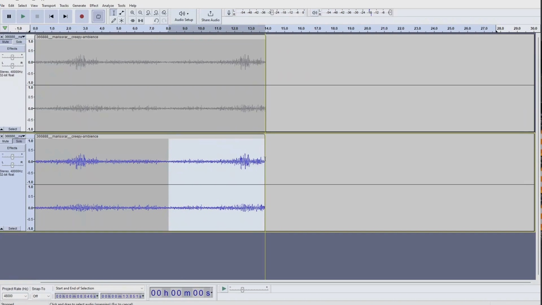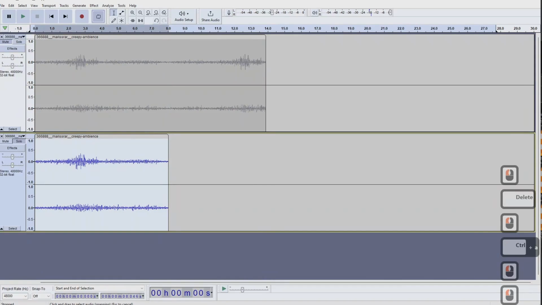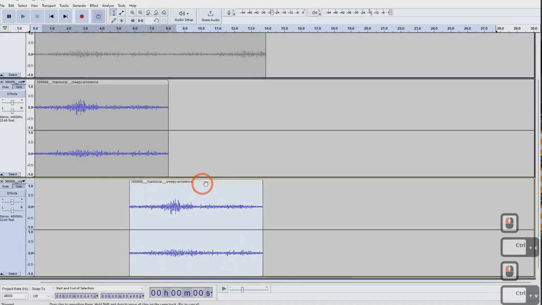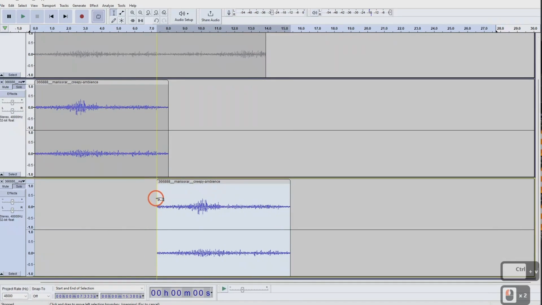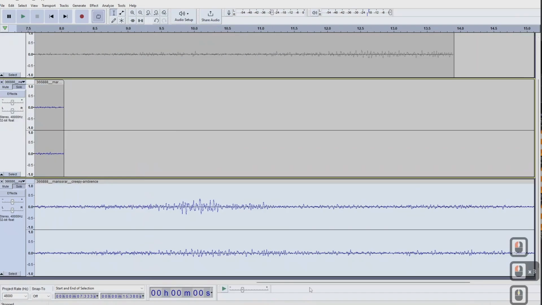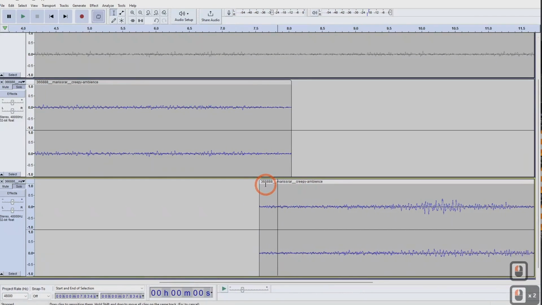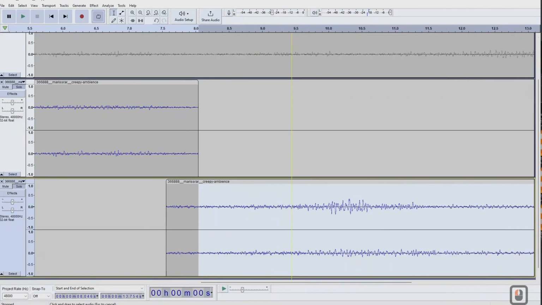So you could pull all of this, delete it, select A to grab all this, copy it, paste it, and then drag this guy up forward like this. And then what you're doing is you're kind of helping to buffer that sound. Now you want to make it so that it kind of matches. So you can just kind of drag this guy up like this and then select from here to the end